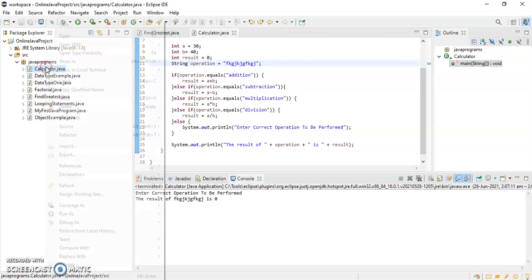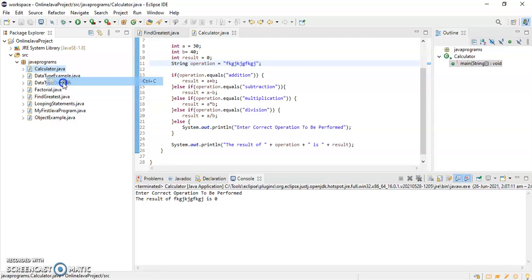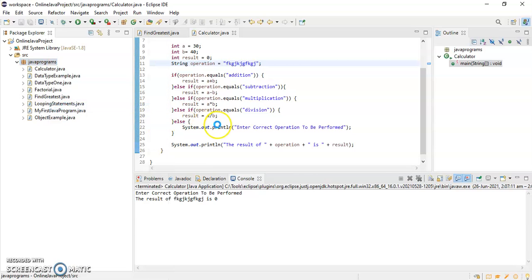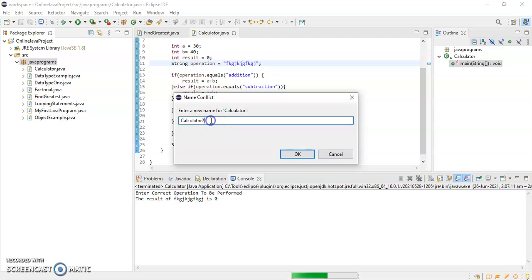I'll just copy this and paste it over here, and I'll name it calculator using switch case.